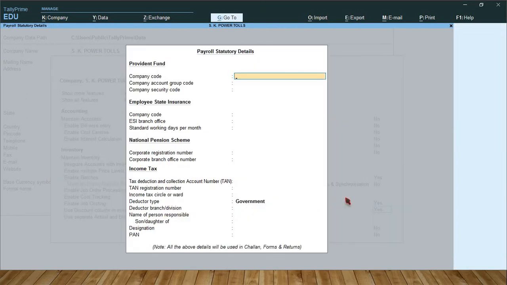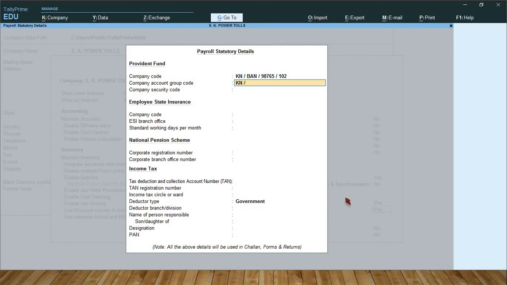Press enter. So here you have to type all the necessary information. So company code. Type the company code. KNBA 98765 102. Company account group code.